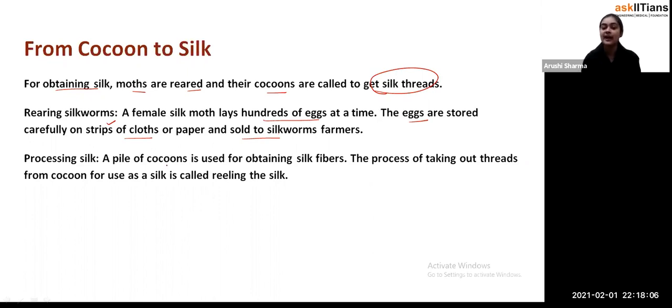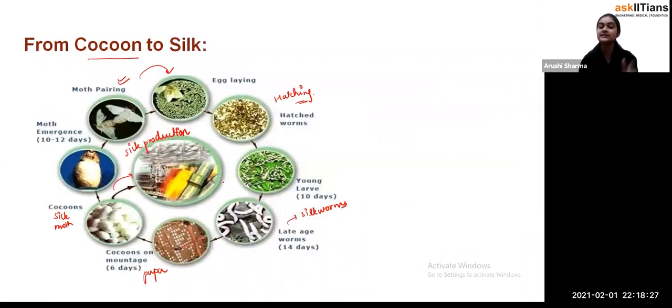Exactly. So the pile of cocoons is used for obtaining the silk fibers. The process of taking out the threads from the cocoon for use as silk is called reeling the silk. When we take out the threads from the cocoon so that we can obtain the silk fiber, then we call it reeling the silk. Fine. So all of these are the steps involved, and this is the complete cycle. You can see that it is never ending, but